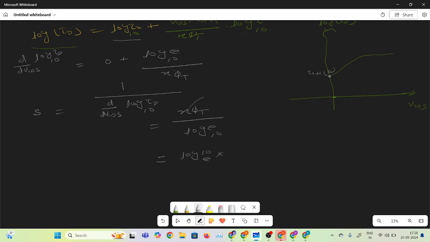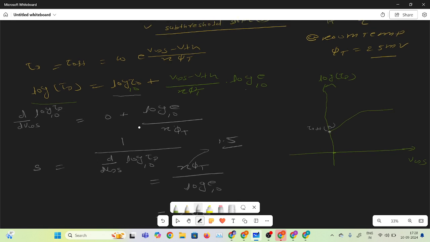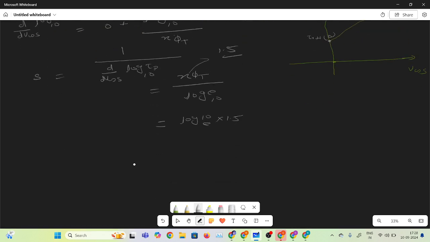Okay, and the value of eta is approximately 1 or 2. Here I am considering 1.5, no problem. This is the practical value, 1.5. And phi t, I told you, is the thermal voltage at room temperature. The value is 25 millivolt. I took the base 10 of log, so that's why it is the decade. After calculation, I already calculated, the value is 90 millivolt